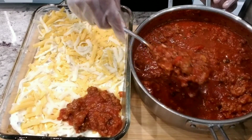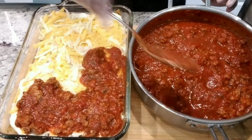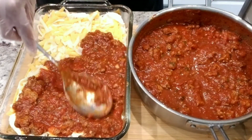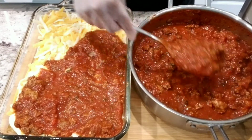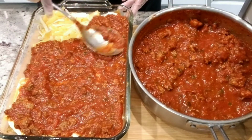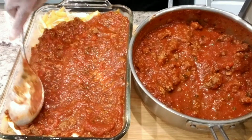And if you have sauce left over, that's fine. You can use it for spaghetti. You can save it for the next time. Making sure I get it. And I tend to go on my second round of sauce a little bit heavier. Do more sauce. And I know once we get it layered, it's gonna look like it is coming out of